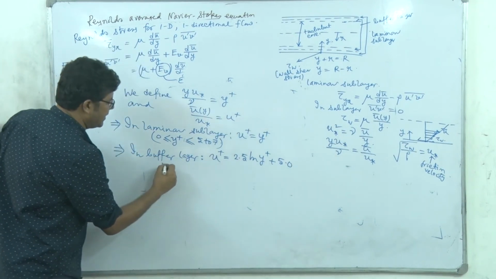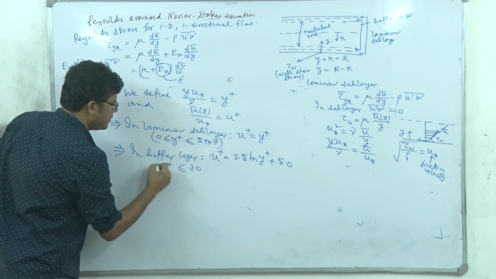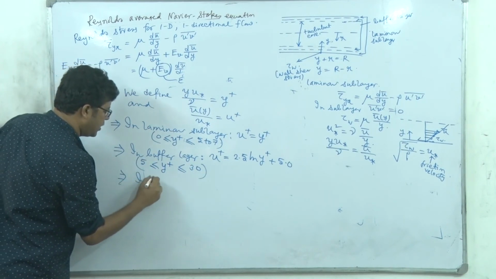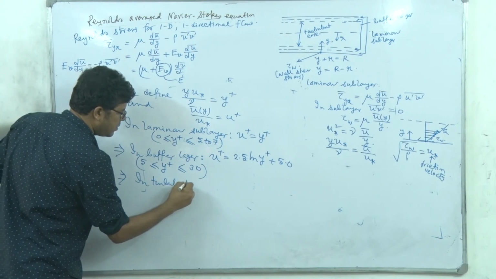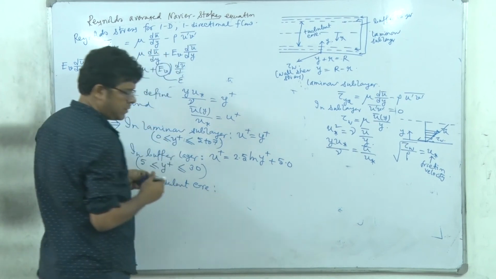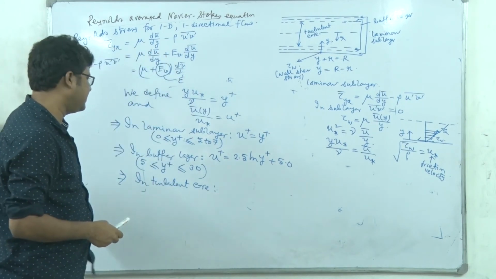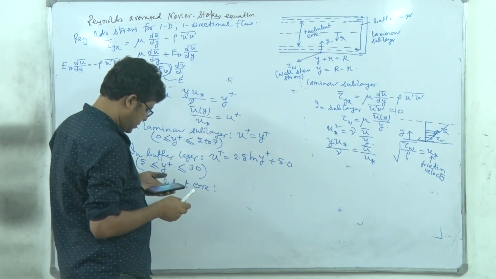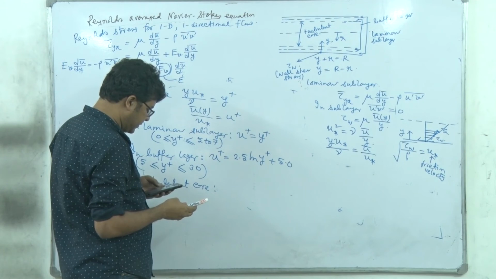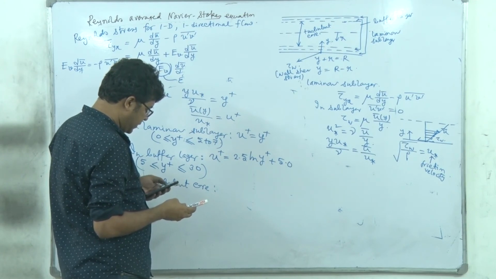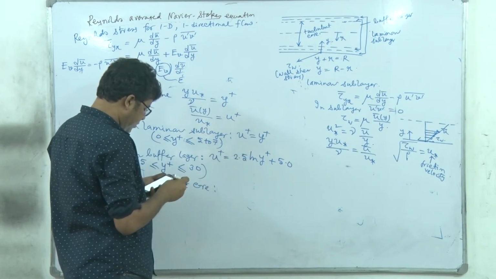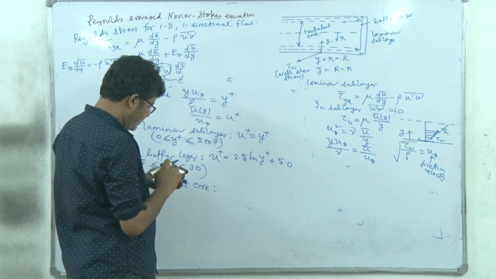So the buffer layer spans from 5 to 13, right? And in the turbulent core, the equation will be, these are all basically equations that can be derived through complex kinds of analysis. So you don't have to remember these, you remember these two. In the turbulent core it is